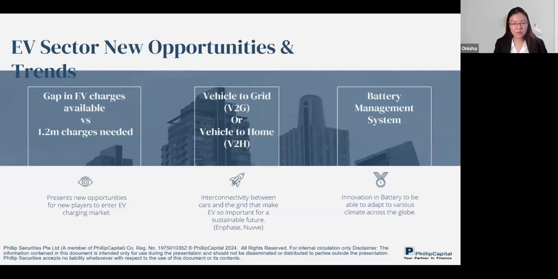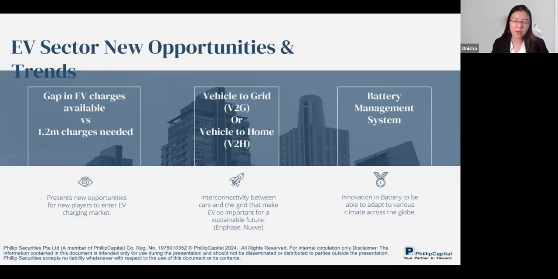So the next one is V2G and V2H. Let me dissect these terms. Vehicle to grid and vehicle to home are the more advanced tech now, which is pivotal in allowing drivers to get the most out of their charging. It is about optimizing the grid network for a large number of vehicles, taking a lot of EVs together. So let's say we have 10,000 or 1 million EVs together. How do they use these EV batteries to charge the whole, let's say, whole